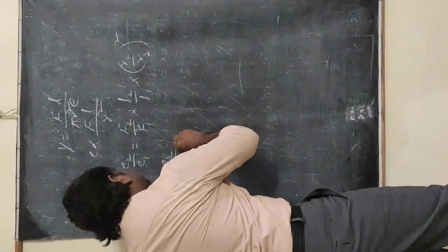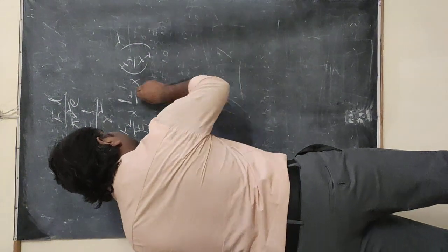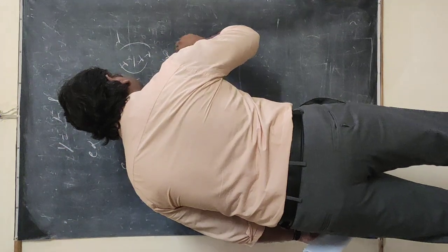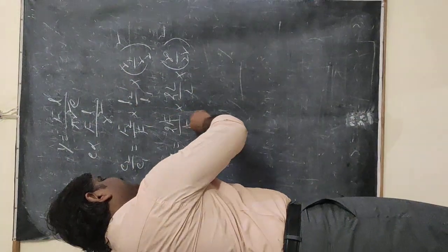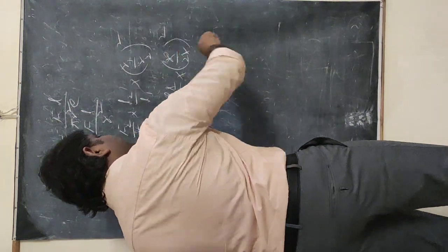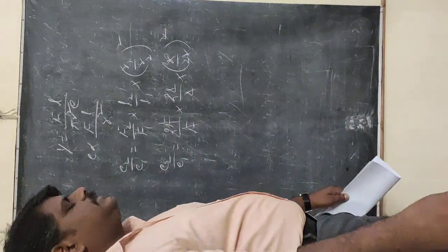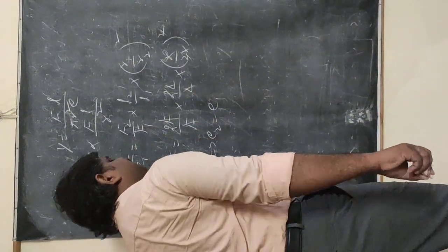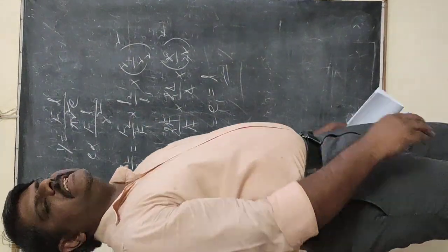e2 by e1 is equal to 2F by F into 2L by L into R by 2R whole square. What terms cancel? F cancels, L cancels, R cancels, and the 2 power 4 cancels. That implies e2 is equal to e1, and that value will be equal to L. So that means there is no change in the elongation if all are going to become double.